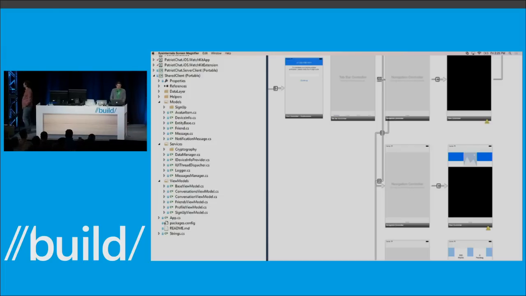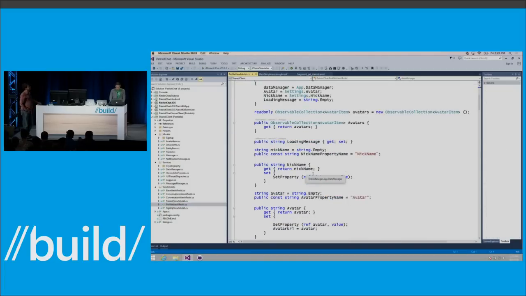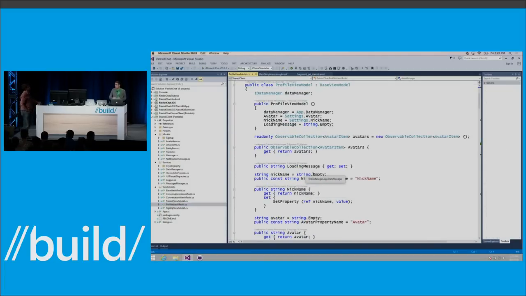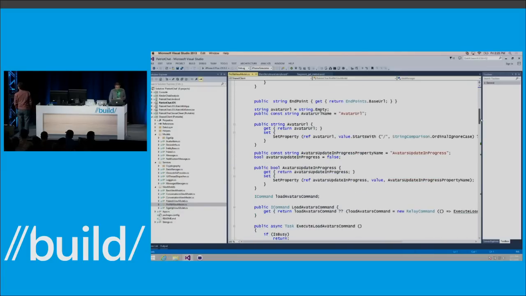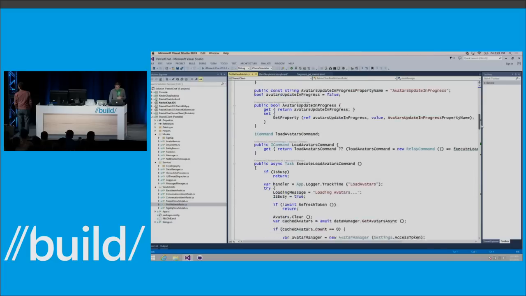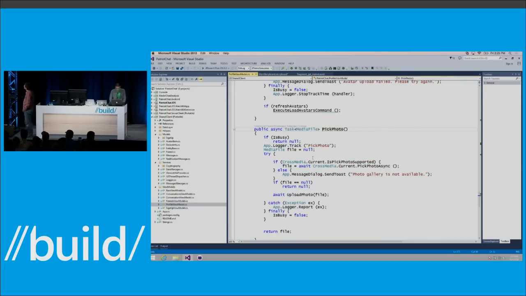In fact, going into the profile view model is actually really interesting. We have different interfaces for data management, so actually storing things in a local SQLite database. We have public getters and setters. So some of this code is going to look very familiar to you. We're using different things in here. But if I pull down into some of these methods, for instance, let me go ahead and say pick photo here. The logic for picking and uploading the actual photo and taking the photo is all in shared